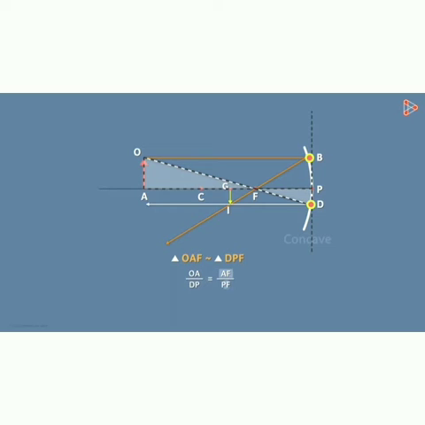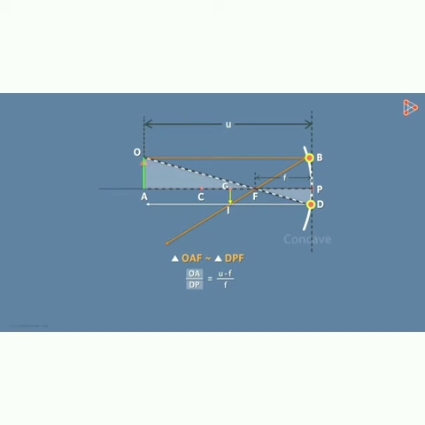Now from this figure, what do AF and PF represent? PF is nothing but the distance from the focal point to the pole, so I will replace it with F. But what about AF? We know that AP is the object distance from the mirror, which is U. So we can write AP is equal to AF plus FP, and FP is the focal length F. So AF is nothing but U minus F. We have to observe the diagram and write down the things. U minus F in the place of AF.